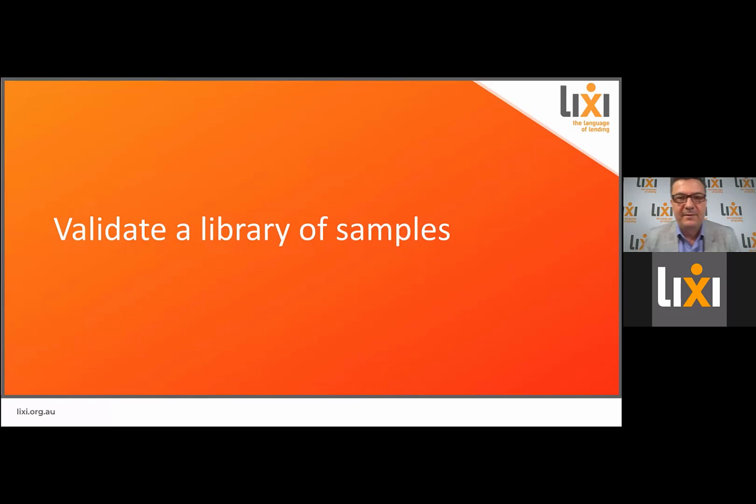Now, in addition to the schemas, we have a repository of samples, which is also really useful for all sorts of testing purposes. Alternatively, you might be using code to generate your own samples for regression testing, whether that's for unit testing or an entire end-to-end process. And you might want to validate an entire library of samples. So the clone process is identical to the last example, so I'm not repeating it here. But once you've cloned the samples and the schemas, you can execute a very short script to validate every sample XML in the repository.